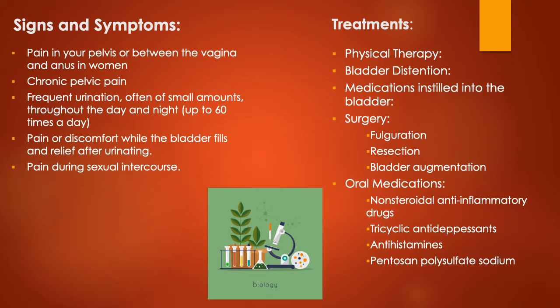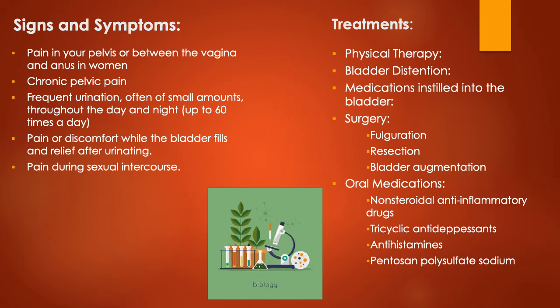Some of the signs and symptoms of interstitial cystitis or bladder ulcers would be pain in that pelvic area. Frequent urination is the most common telltale sign of interstitial cystitis. Oftentimes, in this situation, there's a small amount of urination throughout the day and night, up to sometimes 60 times. And this is definitely interrupting to that person's quality of life. Pain and discomfort in that bladder when it fills, and then relief after urinating,